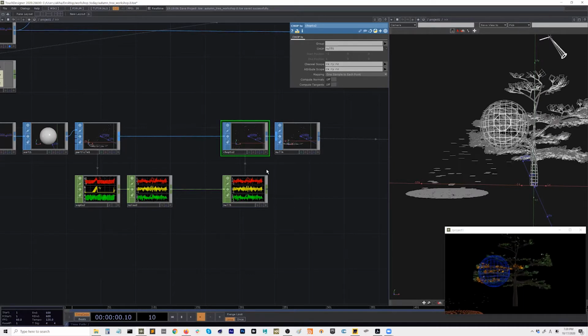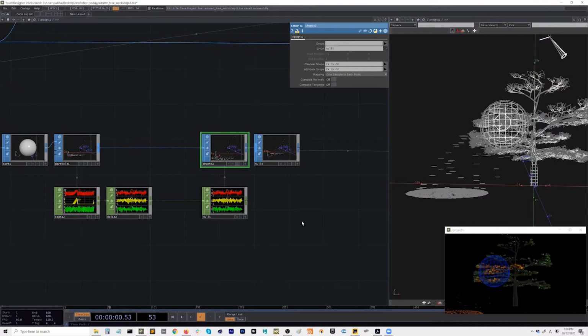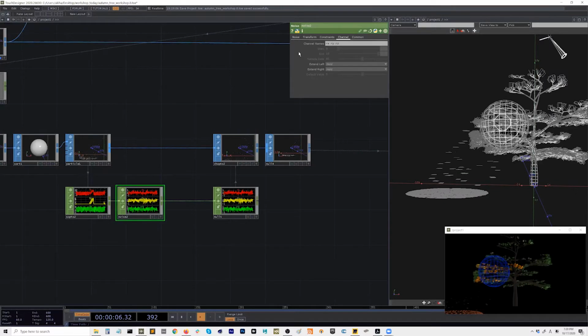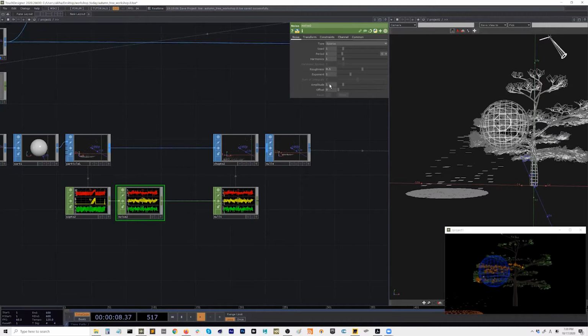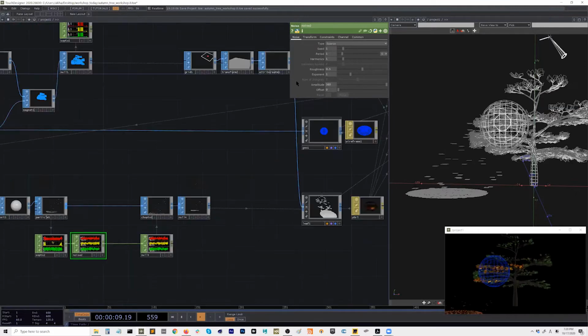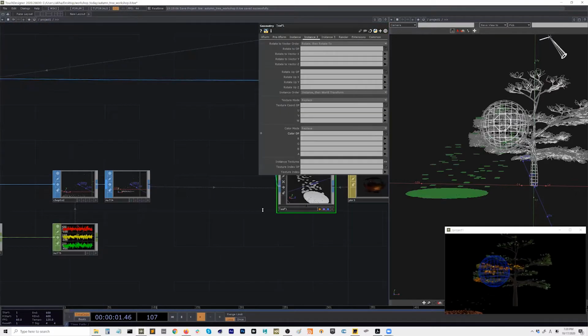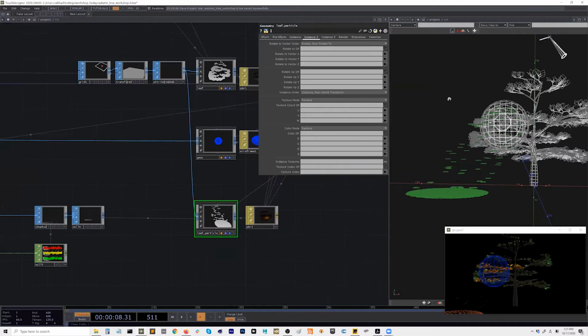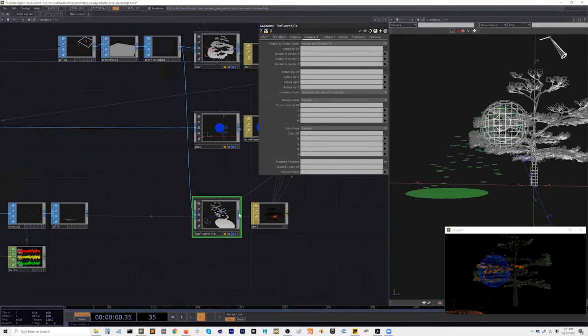Right? So now this added the new point attributes. These are RX, RY, RZ. And I think this amplitude needs to be high. Let's try like 360, because they are in degrees. So now this one might be confusing, so I'm going to call it leaf particle, because we have a leaf actually on the tree. So these are the particle ones, okay?